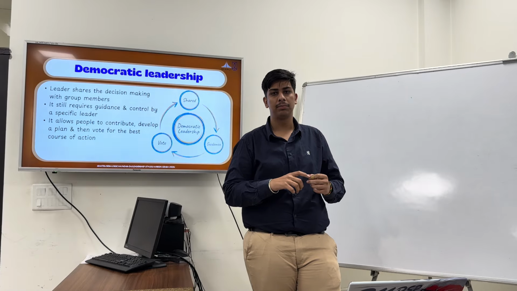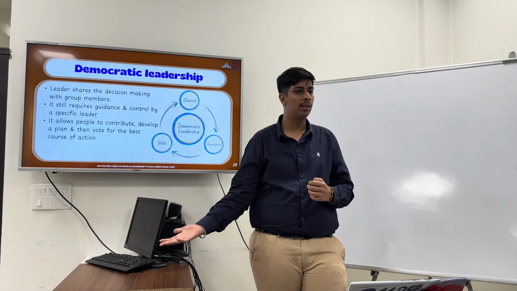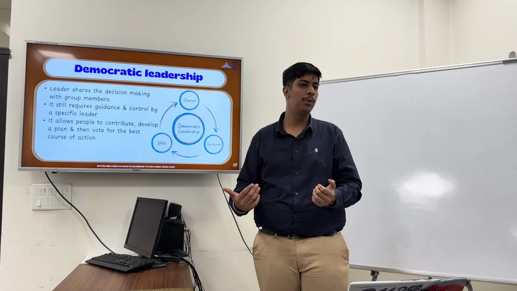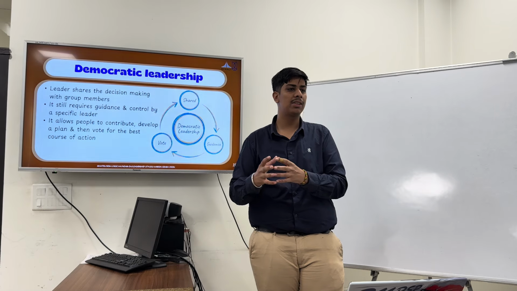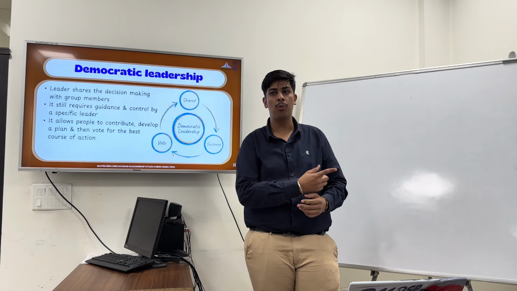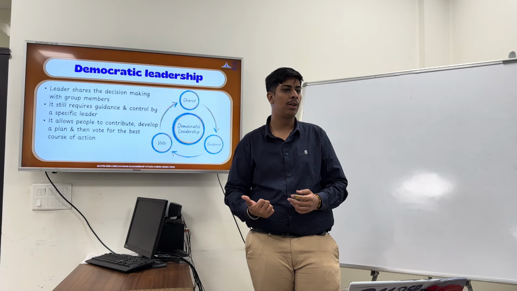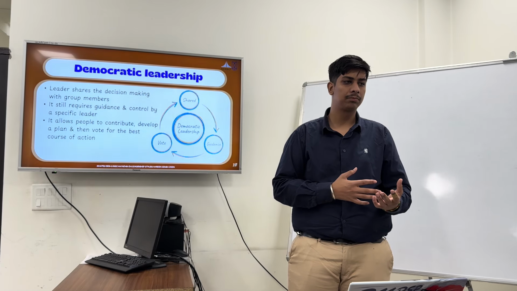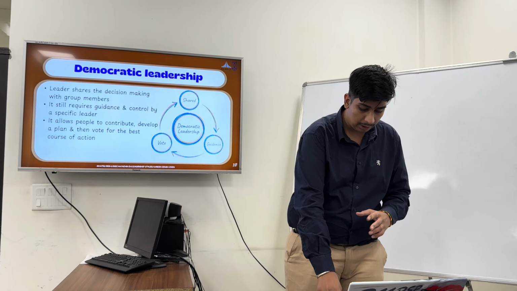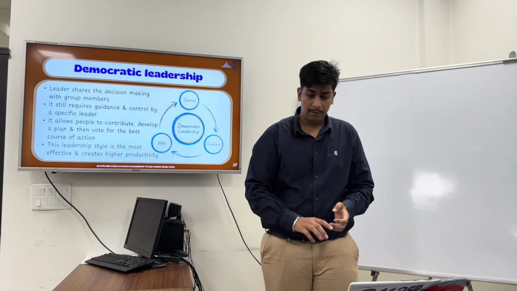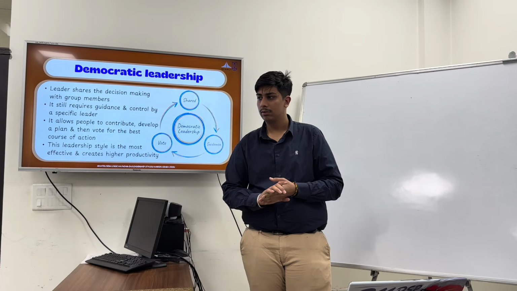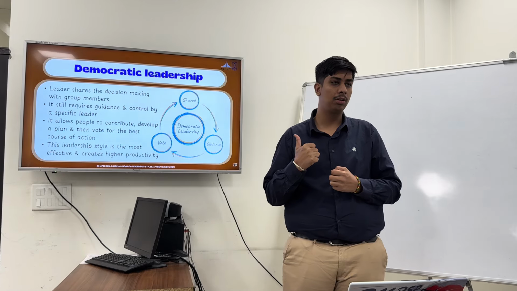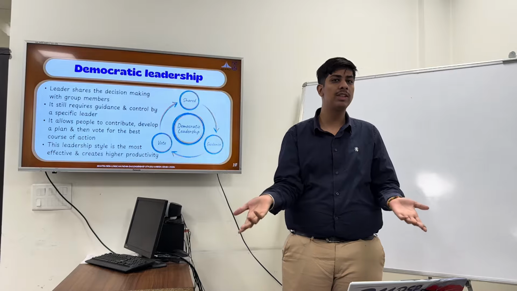Supposedly, if there is a task given by Amol that he has to conduct a class at 2 in the afternoon, what will he do? He will say you all may decide, and we'll just get a poll done. We can see how many people are going to participate in the 2 p.m. class, and how many of you are not there. That's the way things can be adjusted appropriately without any chaos. So democratic leadership is mainly taking decisions on the basis of majority. And this is the most effective because the team is the one taking the decision.